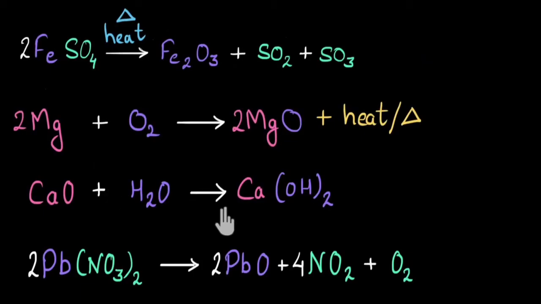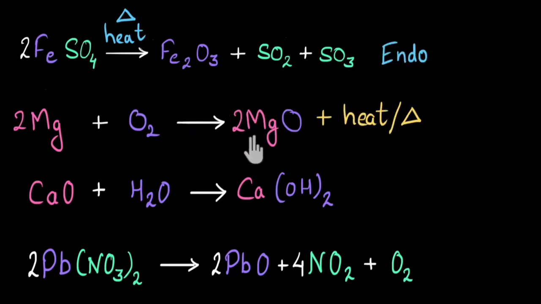Now I have these reactions and let's try to identify them as exo and endothermic reactions. First of all, I would want you to pause the video and try this by yourself. Now if you have tried it, let's see. So here in the first reaction, I can see that heat or delta is being mentioned on top of the arrow. Now this symbolizes that this reaction requires heat to begin or proceed. And we know that reactions that require heat are called endothermic. So this is going to be an example of an endothermic reaction.